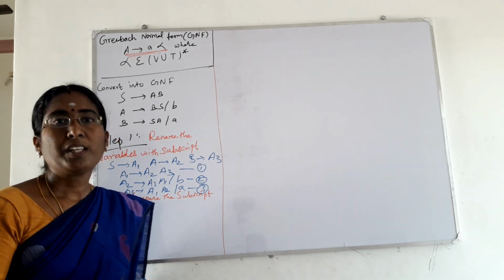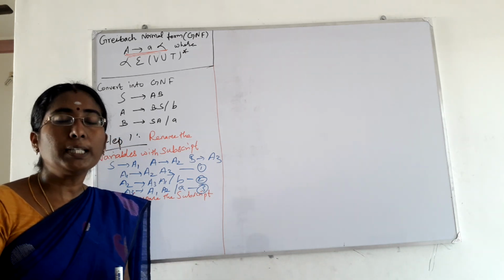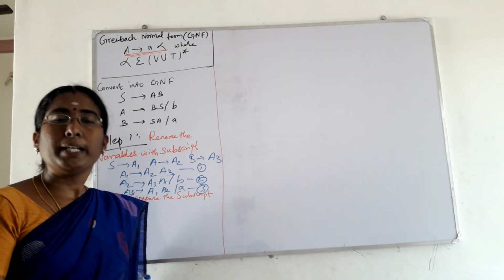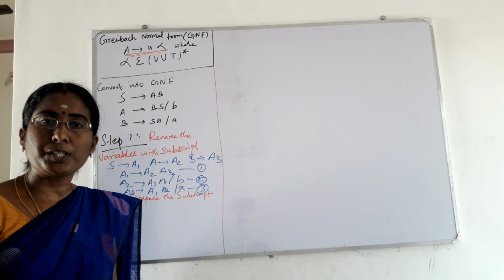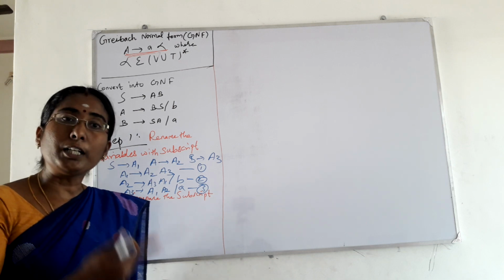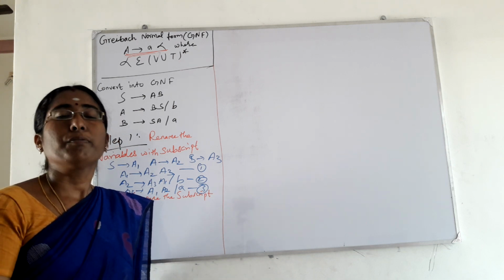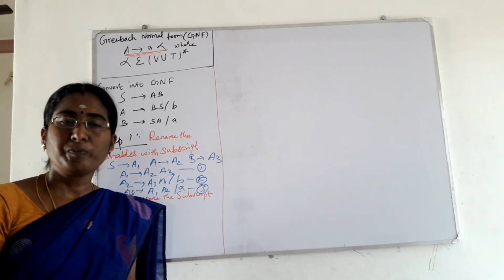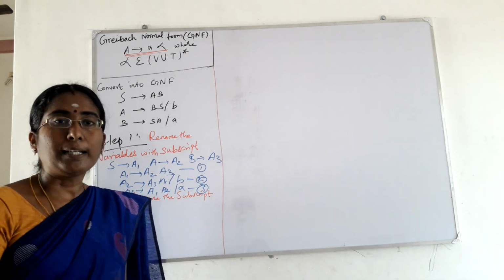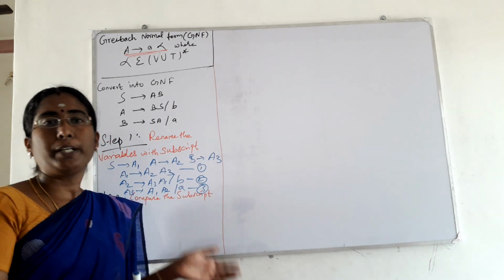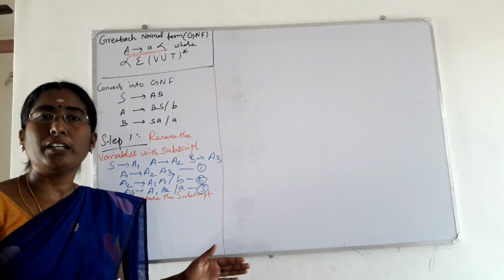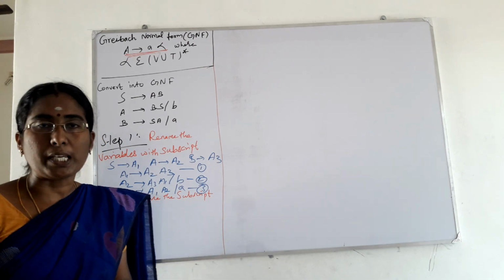Chomsky normal form. Likewise, before converting the grammar into Greibach normal form also, we should eliminate the epsilon production, unit production, useless production and then first convert into CNF. Then only the CNF grammar can be converted into the Greibach normal form, that is GNF. Right? Directly we can't convert the given grammar into GNF. If the existing grammar is already in CNF, then it can be converted into GNF.